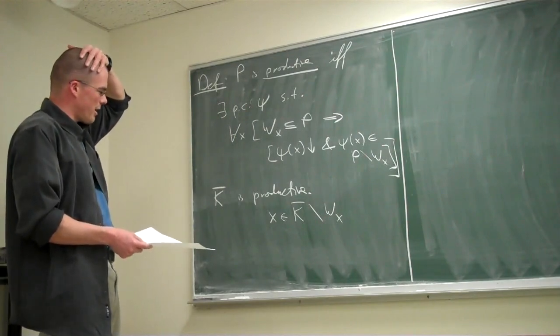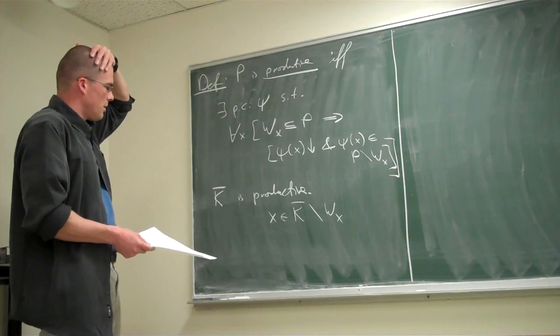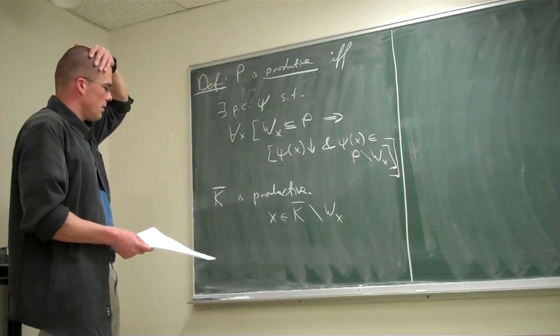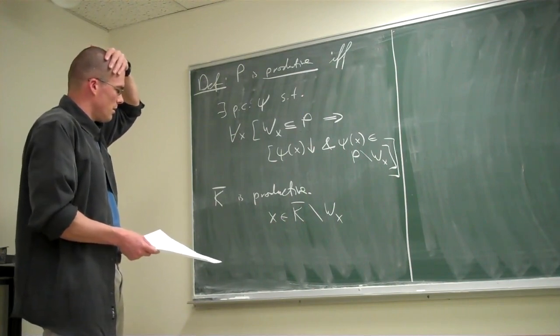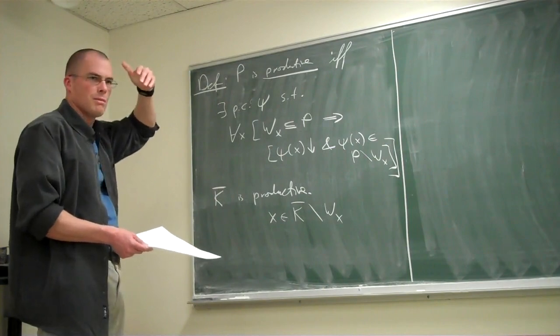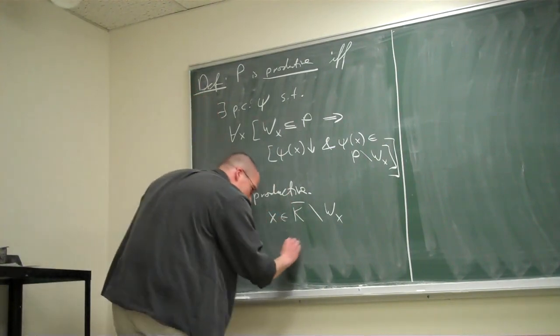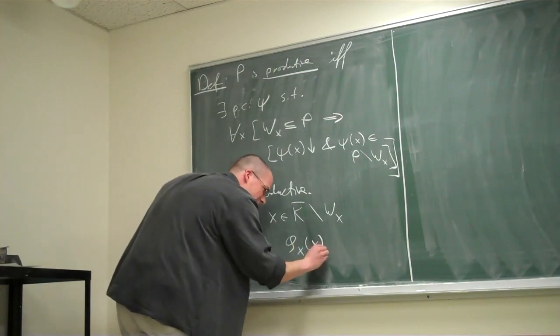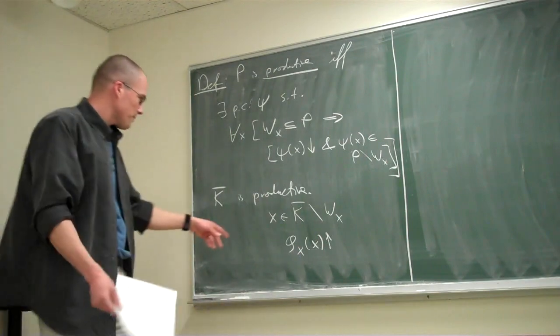This is supposed to be blindingly obvious. No, it is, yes, because being in K bar means exactly phi of x diverges, and